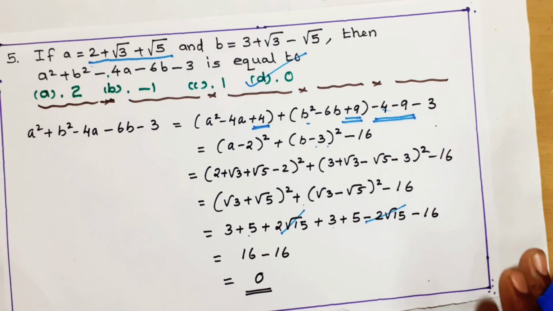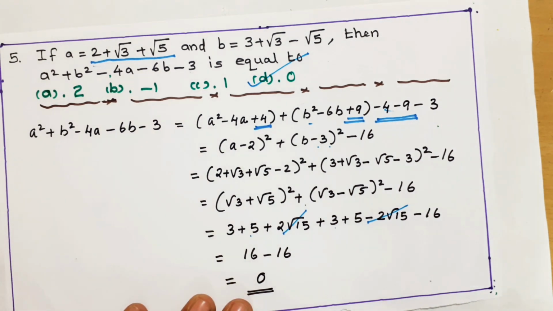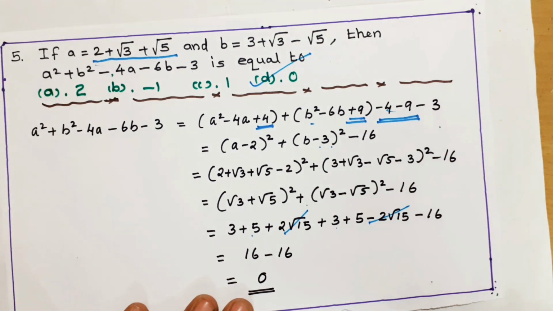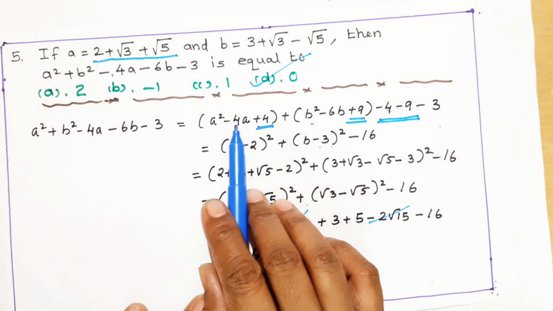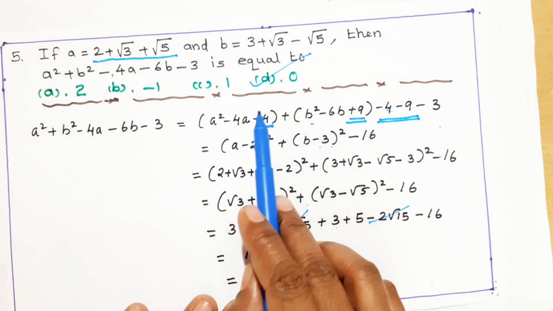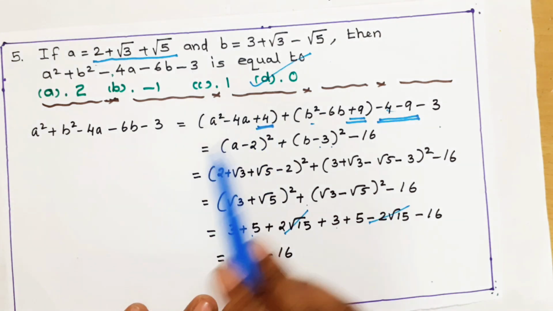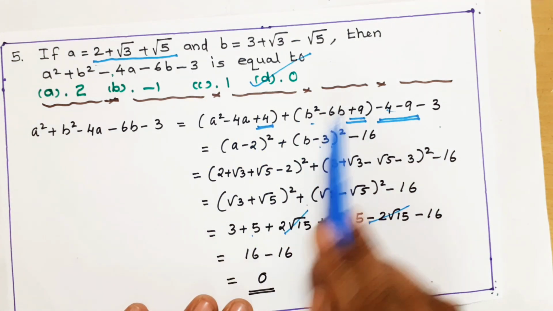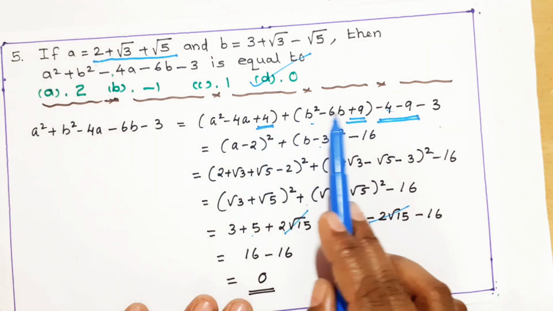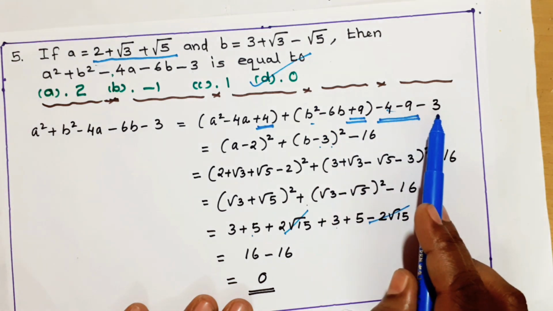How are we getting this question also? You should use some trick, because after seeing this your mind should work like: I have A square, I have B square, I have A and B. So if I add a few numbers, I can group it. Which number should I add? You should think in that way. I have 4A, so it is 2AB. 2 is there, and one more 2 is there, that's why we are adding plus 4. Here also 2 into 3 is 6, 2 I need in the equation is there, 3 square 9. So 4 and 9 I am adding, and we need to subtract them.